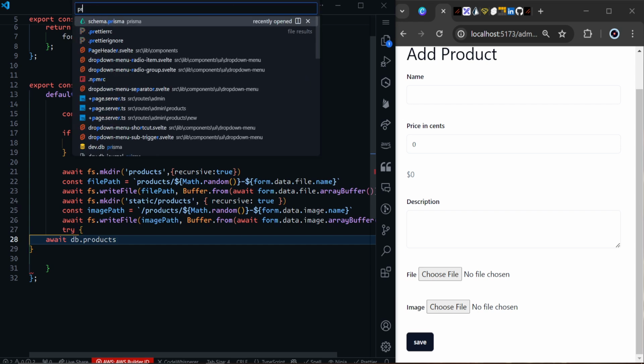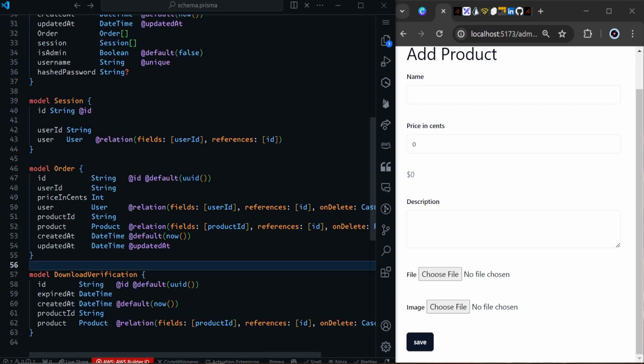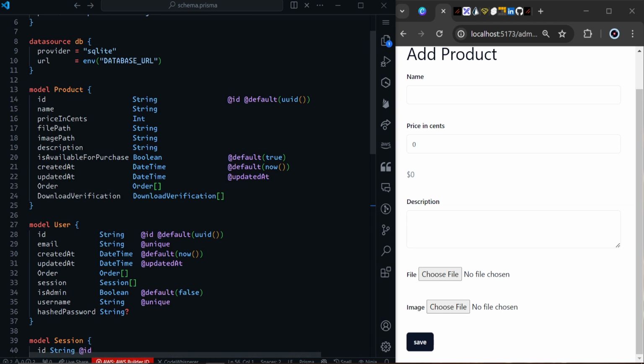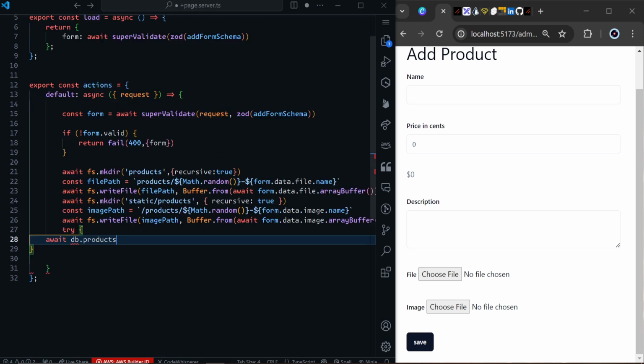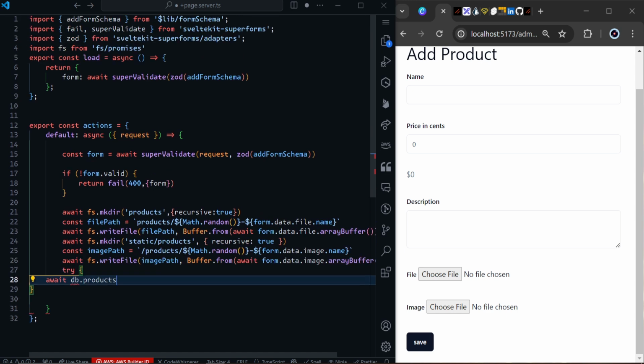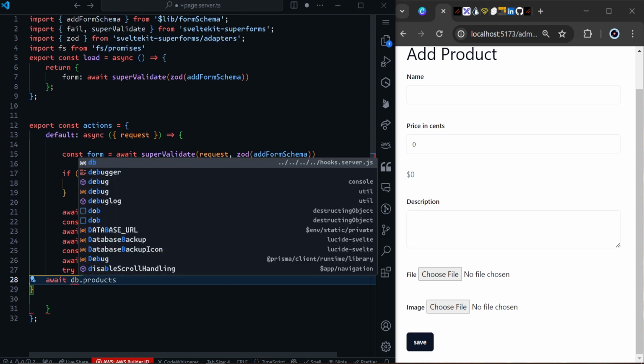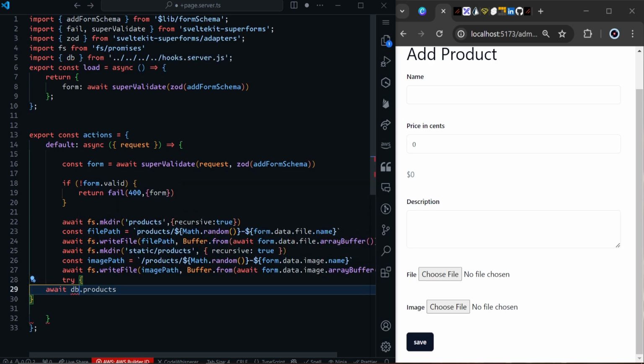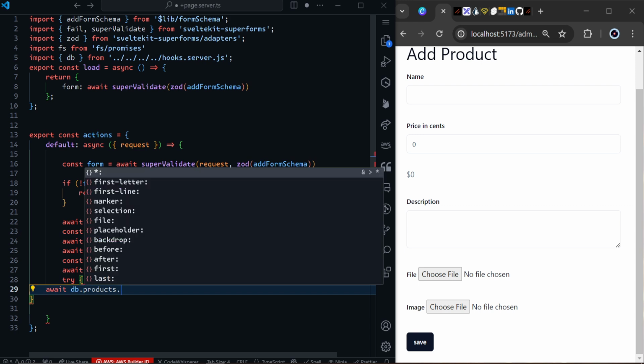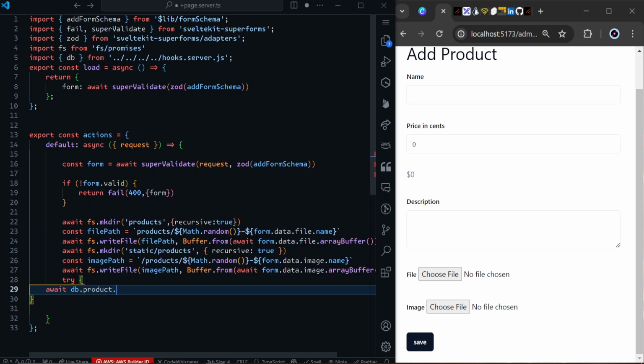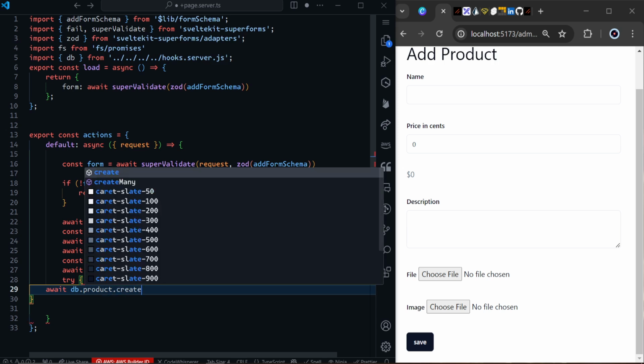If I go to my Prisma, remember we have the product model, which should translate to having a product table. Now we can not only read from there, we can write to it as well. We can update there and a lot more. So I want to import db from the hooks file, and we can actually get some TypeScript beauty now. So I can do product, not products, product dot create,